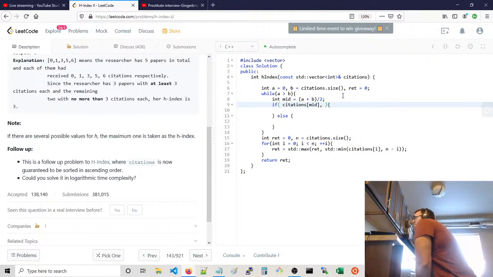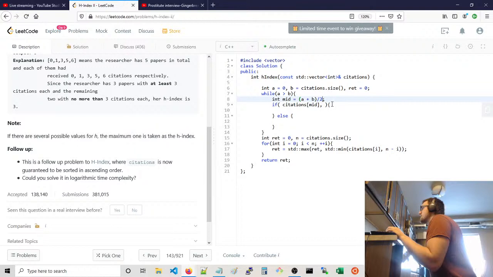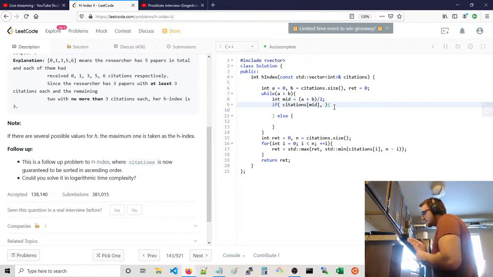Okay, no. We're looping over the possible numbers from 0 to 10, right? That's the binary search, so binary searching over that range. Stick it right in the middle initially, and we say, is it greater than or equal to that number? If true, then we look to the right. If false, look to the left. To tell if it's greater than or equal to that number, if h is greater than or equal to that number,